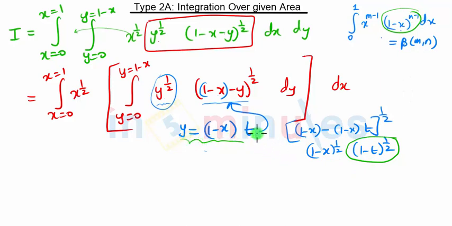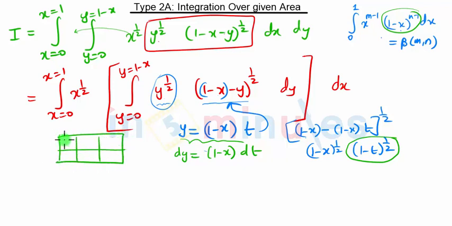So we put y equal to 1 minus x into t, so dy will be 1 minus x, which is constant, into dt. Since we are changing the variable, our limits of integration will also get changed. Here we write initial variable is y, new variable is t. Y is going from 0 to 1 minus x. When we put y equal to 0 here, we get t equal to 0. When we put y equal to 1 minus x, 1 minus x and 1 minus x will get cancelled, and we get t equal to 1. So now if you see, this limit is matching with this limit, so this is nothing but beta and gamma